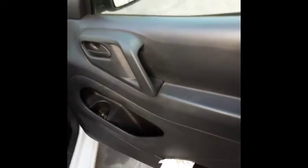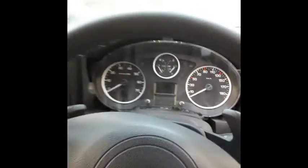There's the driver's side door trim, power window master switches. This vehicle is fitted with black cloth interior, right hand sun visor, interior mirror, courtesy lamp, left hand sun visor, touchscreen media player, instrument cluster, and a tidy